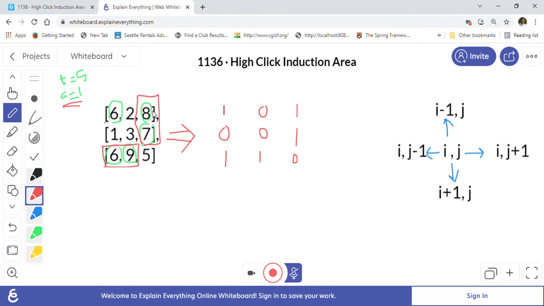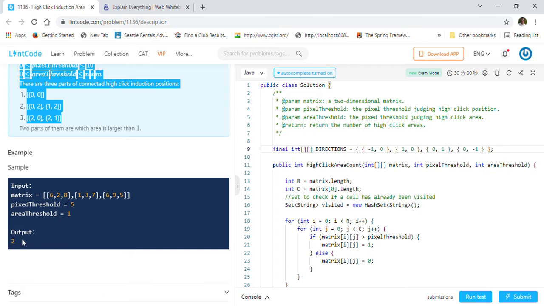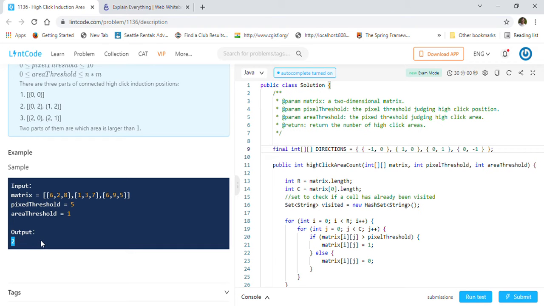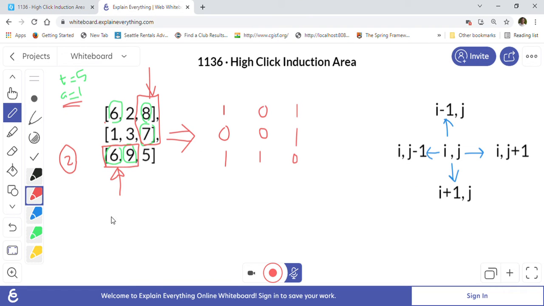So we will take this area of size 2, and this one also because it is also 2. We have to calculate the number of areas and return it. We found two areas here, so we return 2. As you can see, the output is 2. That is what the problem is.